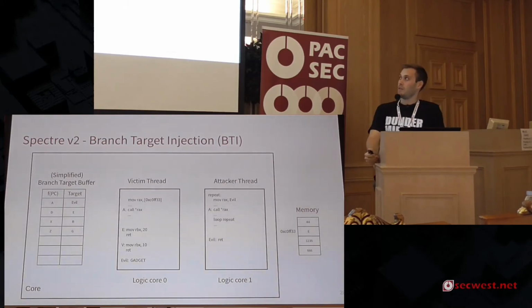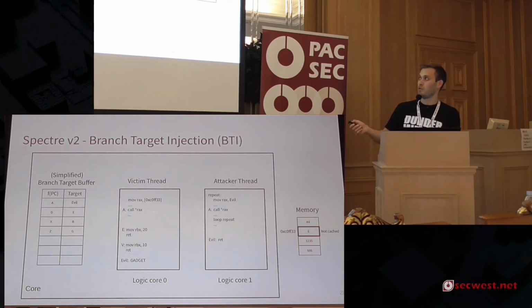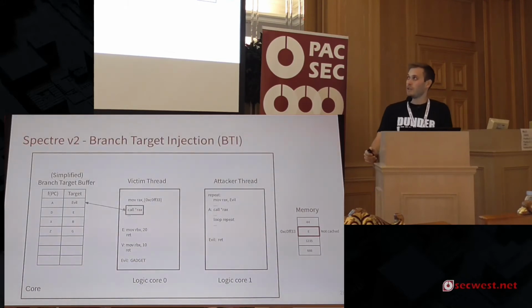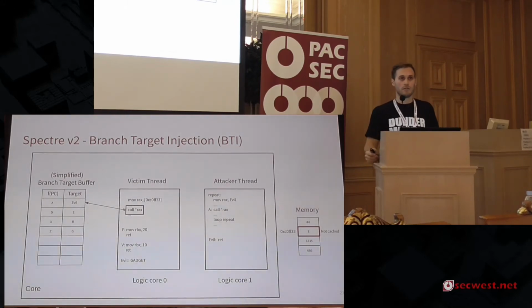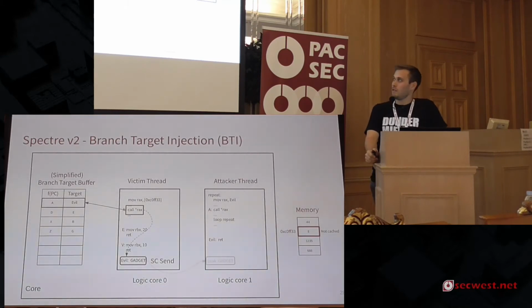After this, we start the victim, and we expect the victim to have the exact same call at the exact same location. As we have previously seen, we want to be able to speculate this indirect call. To do so, the target for the victim should not be cached. That maximizes our chances that the indirect call will be speculated. So when we reach this call, the victim will start to speculate and use the branch target buffer entry that it finds, which has been poisoned by the attacker. Speculative execution is going to start using that value and go towards what we call our gadget,